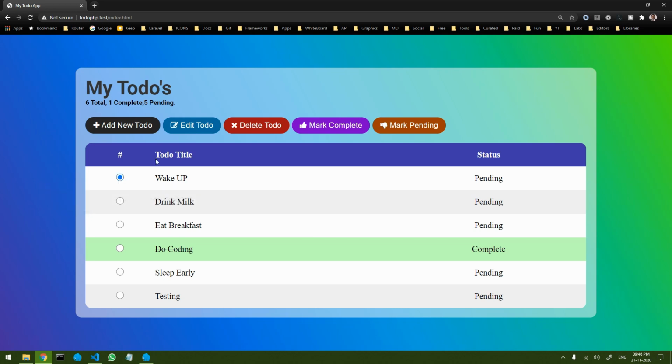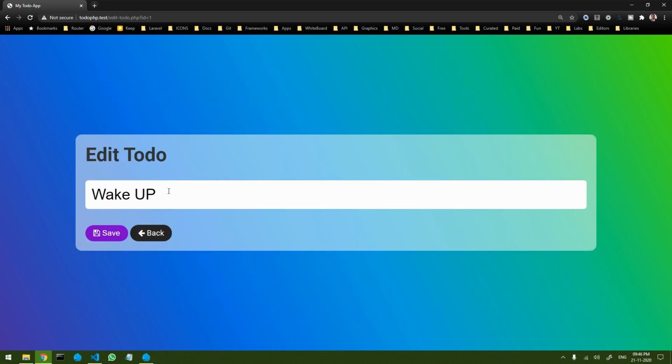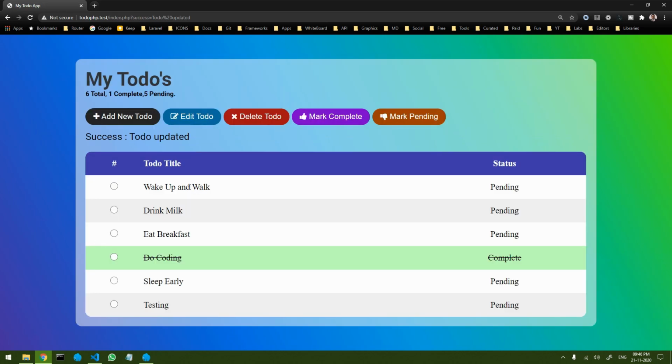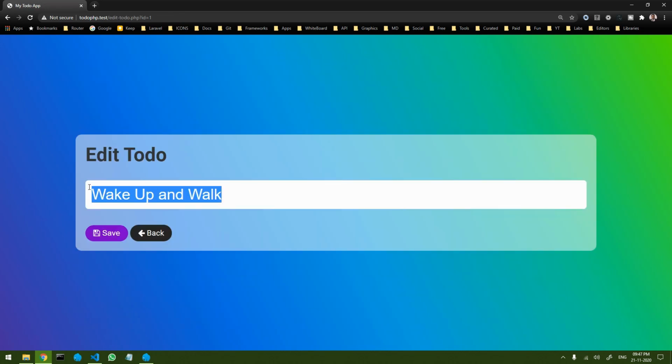Let's suppose he selects something and clicks on edit to do, and now here if I type something, say wake up and walk, and save it, you can see it updates. But if a hacker does something like this, let me show you what he will do. He will write something like hacked, some message.